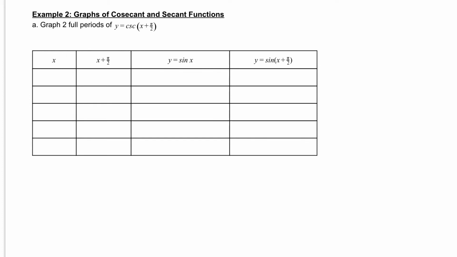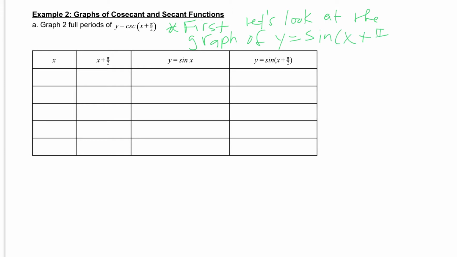In example 2, we are going to graph two full periods of y equals cosecant of x plus pi over 2. In order to graph this, we are going to take a look at the sine graph first. So first, let's look at the graph of y equals the sine of x plus pi over 2. And the reason we chose the sine graph is because the cosecant and the sine are just reciprocals of one another. So we're going to find all these points in here